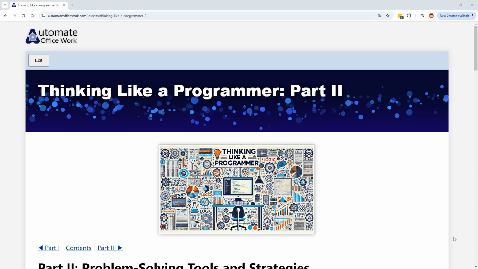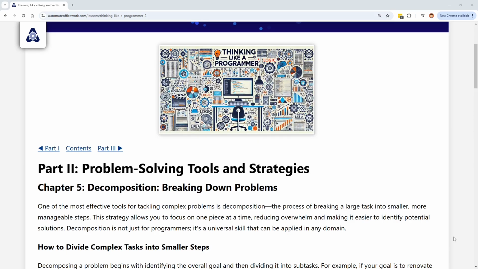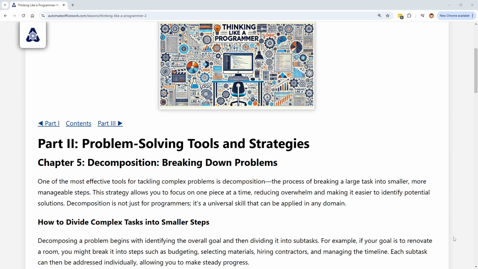Thinking like a Programmer, Part 2. Problem-solving tools and strategies. Chapter 5. Decomposition, breaking down problems. One of the most effective tools for tackling complex problems is decomposition, the process of breaking